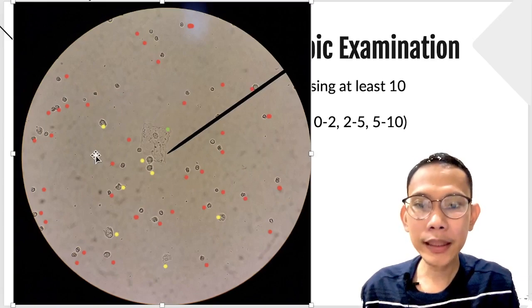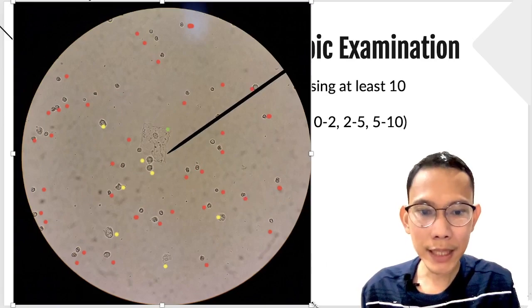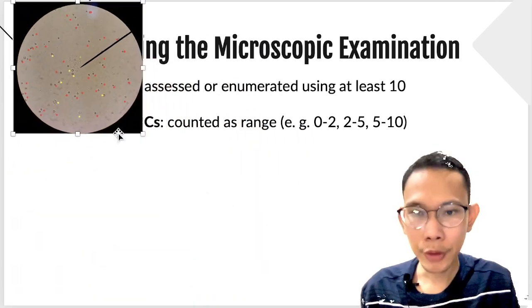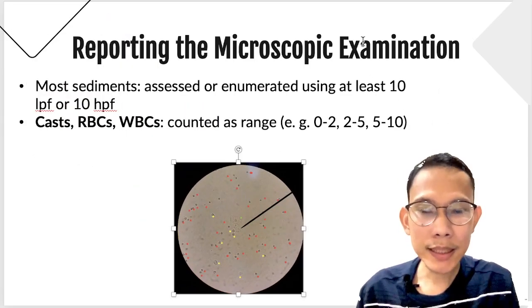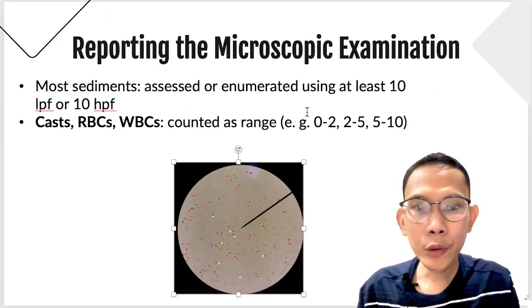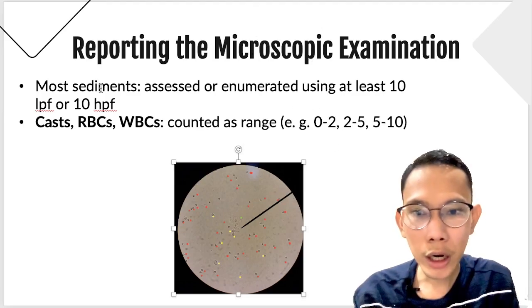So for this part, hindi natin pwedeng basahin tong RBC and WBC dito. Okay? Please take note on that. So, ito yung one field. Okay. Dapat at least 10 field. Doc Von, paano ba natin nire-range yung RBC and